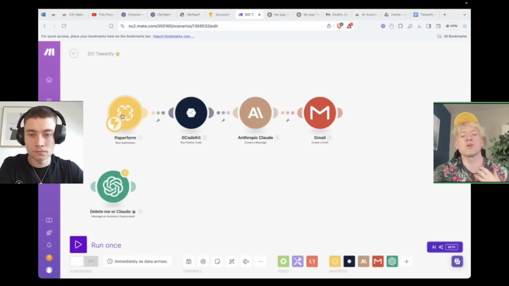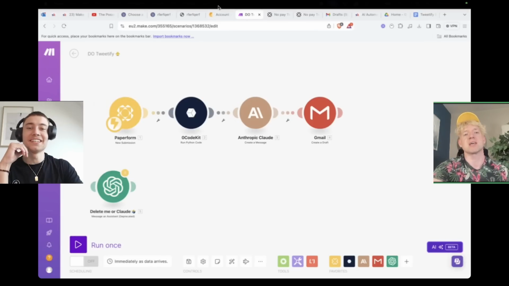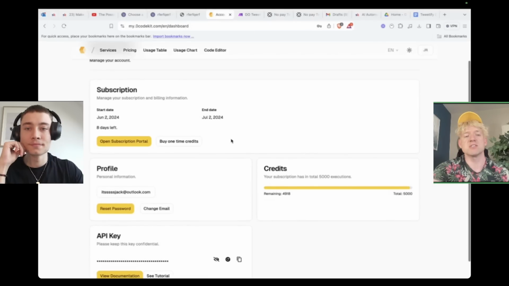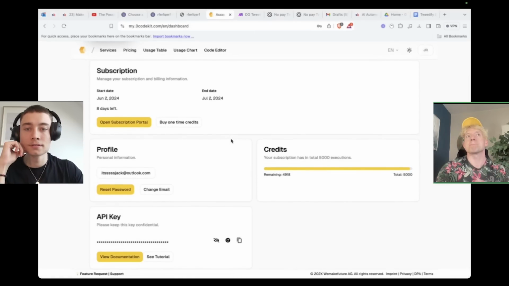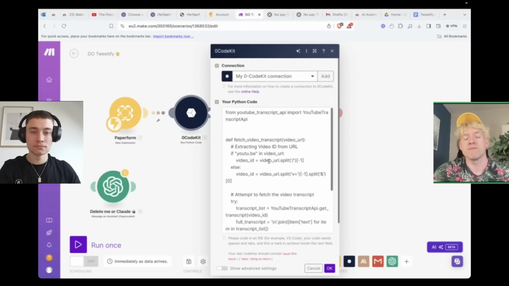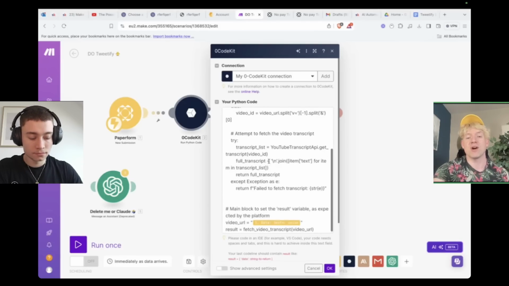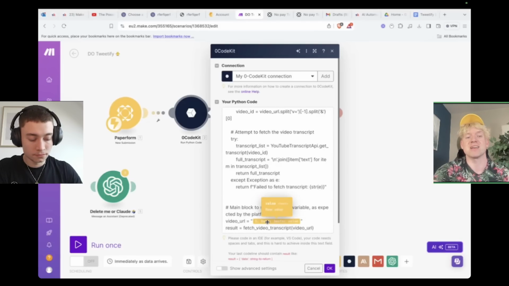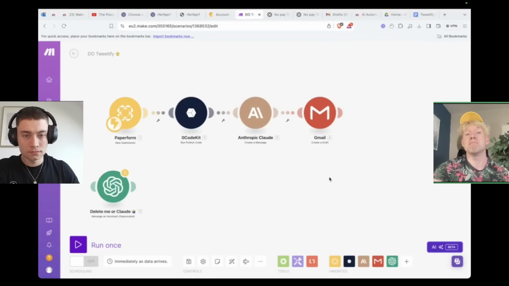Then we run through something called Zero Code Kit. I'm sure the IQ of your channel is super high, so everyone is aware of all the coding stuff. You'll see Zero Code Kit basically enables us to run code in a no code environment. So what it enables me to do here is create this Python script that essentially just enables me to enter the URL. You can see here I specify and just change that from Paperform. So whatever URL comes out of Paperform, we'll run through the Zero Code Kit, and then that will go and grab for me the URL of the video. Once we've got the data, we can do a million different things.